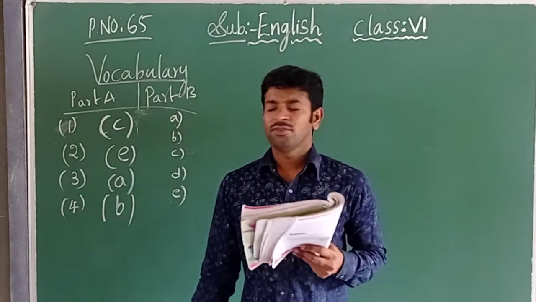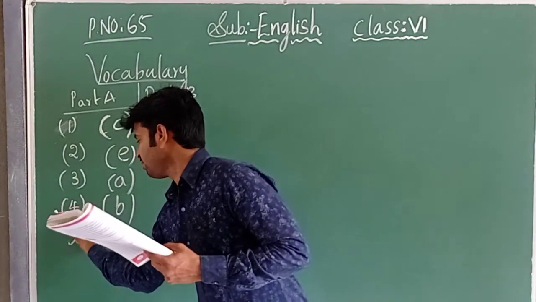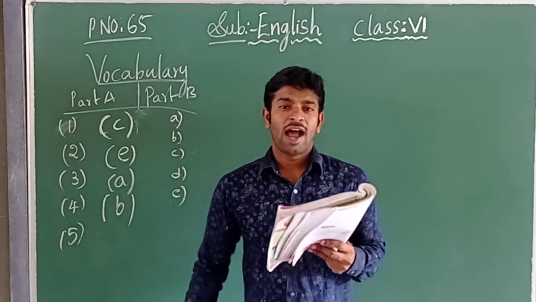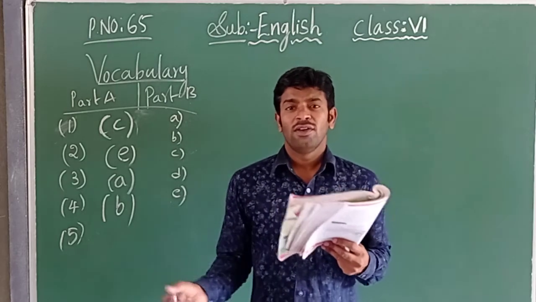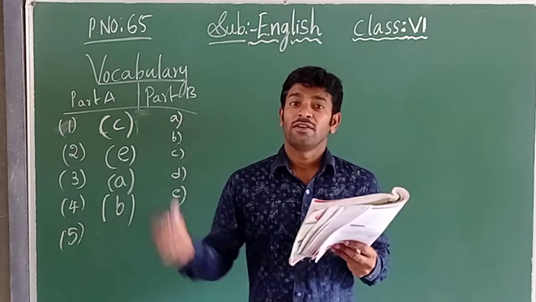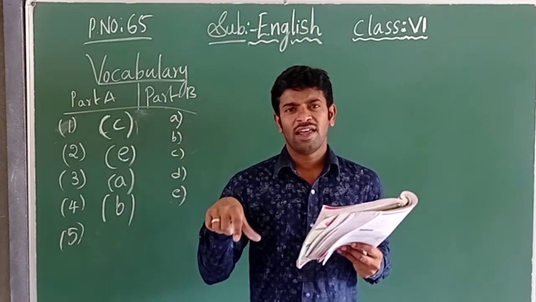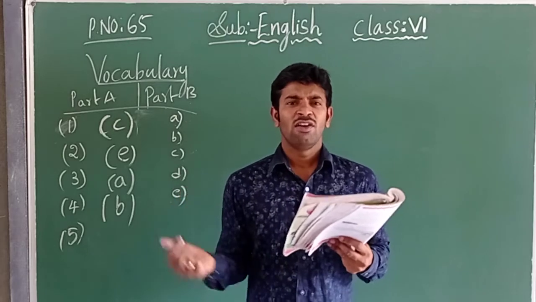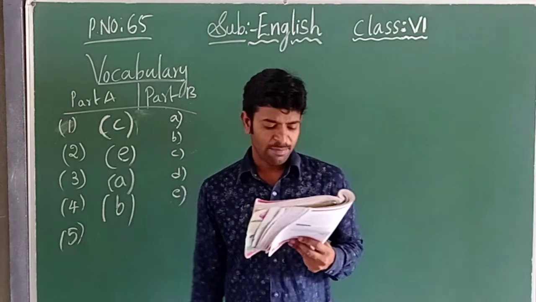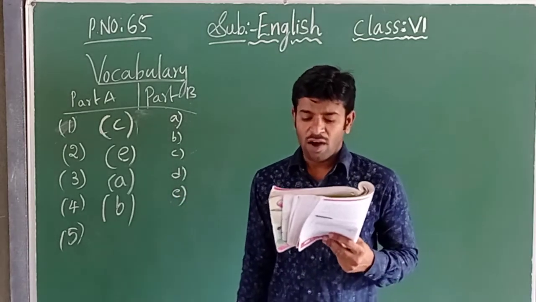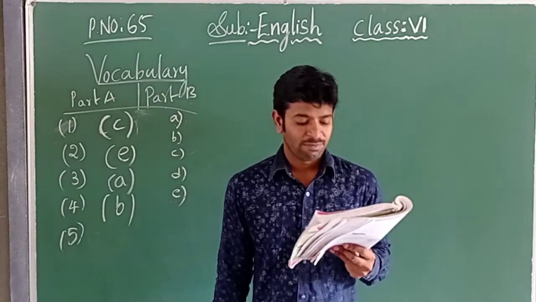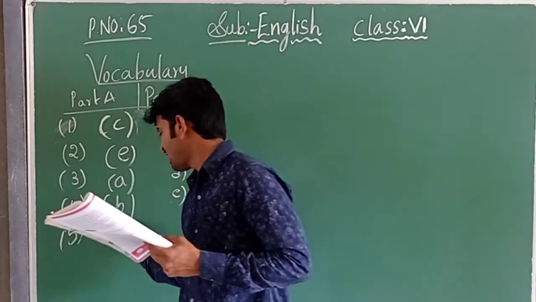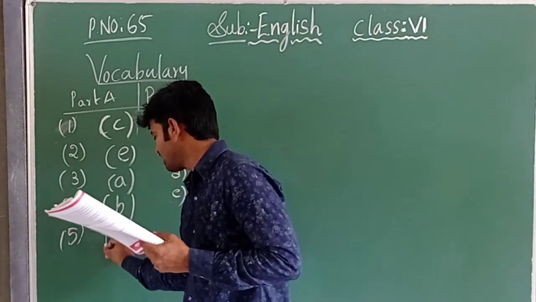Now goes to the fifth one. Fifth one, see now, vapor. I told water vapor. When the water is boiled, or any sunlight falls on the liquid particle, it evaporates and is formed into vapor. So vapor. What is the meaning of the vapor here? Water drops in the air. Vapor is nothing but water drops in the air. That means which answer? D answer will come.